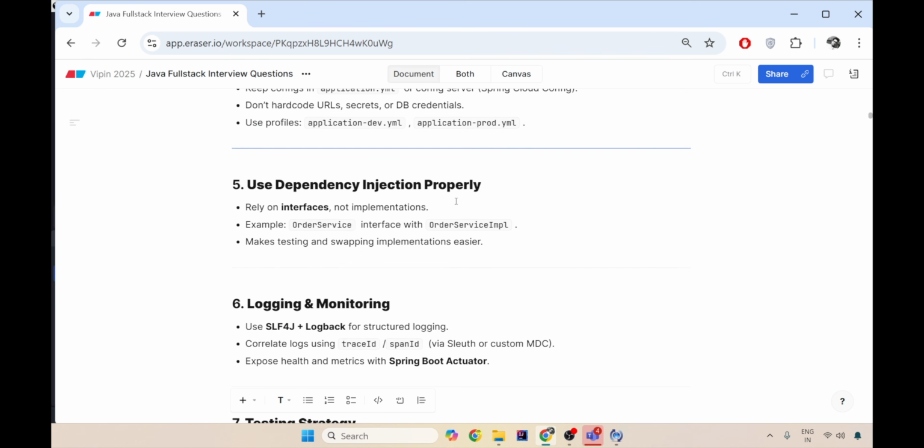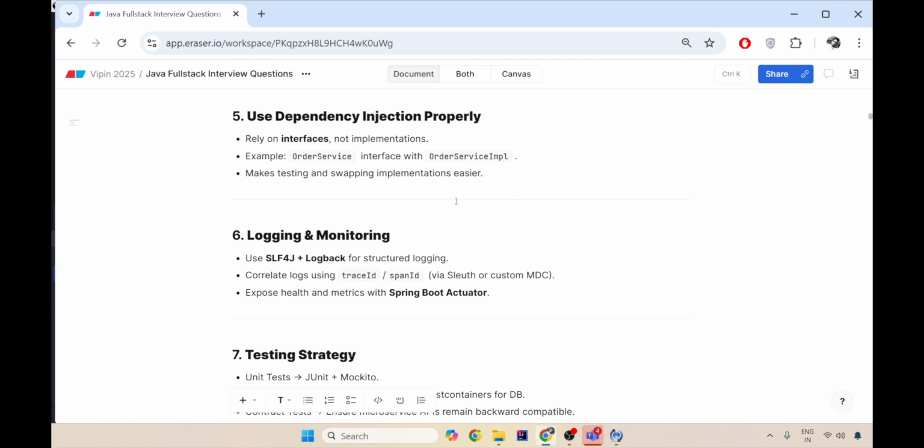Always try to use proper dependency injection. You should always rely on interfaces and not the implementation, and try to always create, like, OrderServiceImpl implements OrderService, and keep the abstraction layer, so that going forward, your OrderServiceImpl logic might change, but the things you're trying to do with orders, like place order, get order, all the basic functionality, always remain the same in OrderService. They never change. Your business logic and your code can always change, and hence should be abstracted out. So you should know what you want to do, and that should be in an interface.